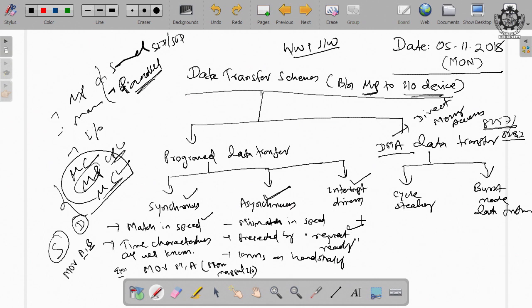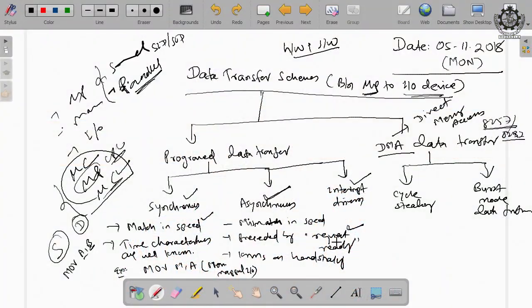That means the microprocessor sends a request signal to the device, and if the device is ready, it will send an acknowledgement signal.